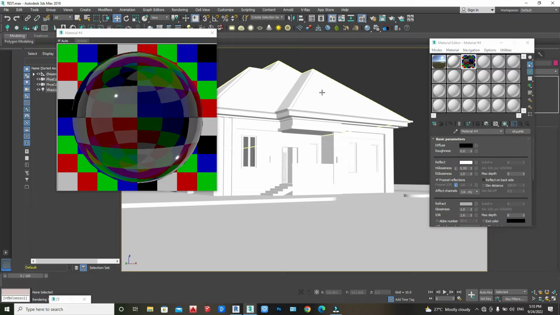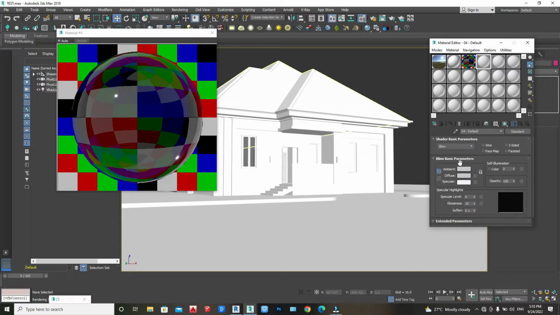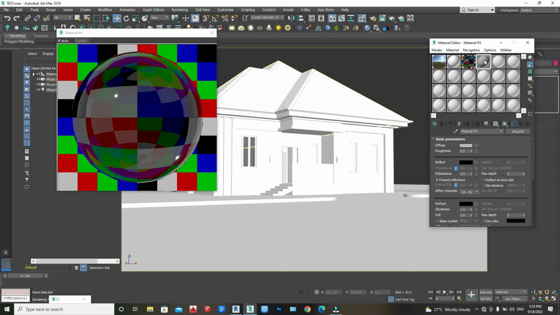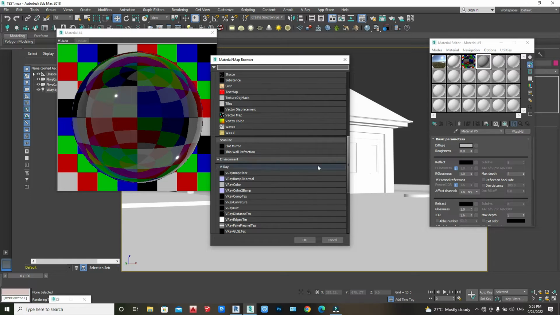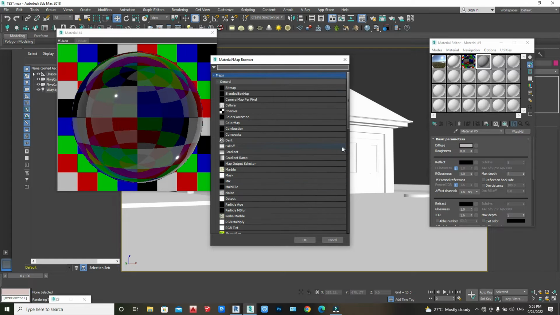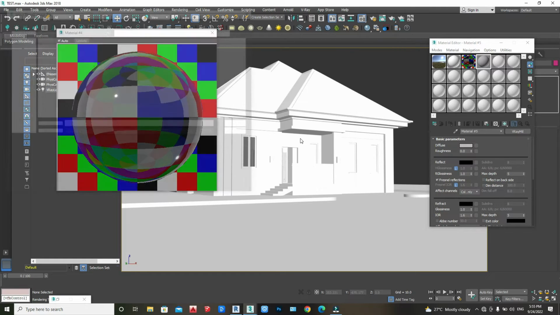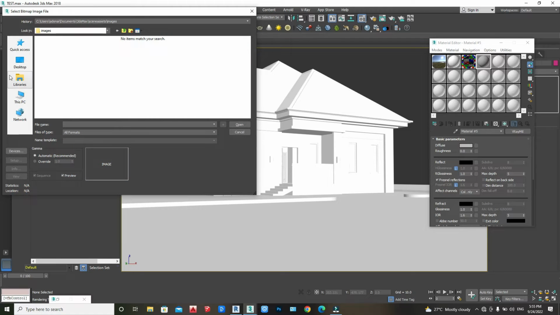I have these shingles I normally use for my roof, so I'll just come right here, V-Ray material, come to diffuse, click on diffuse. I'll go over to map, click on map, and OK. Then it brings this up. Then let's locate where our map is. Double click on it and